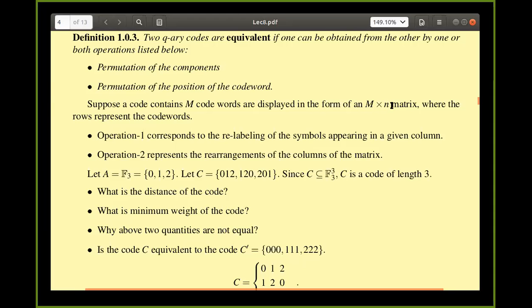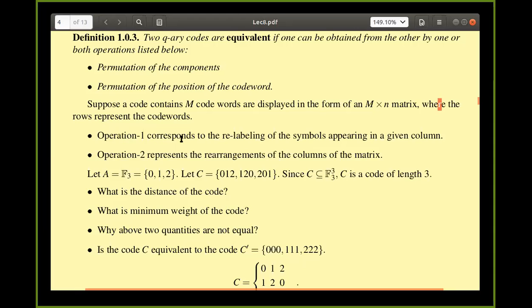So there are M code words, so M rows are there, right? So I can list all the things. It is not a generator matrix. It is general. I am not even concentrating on the vector space or something. It is general, not only linear codes. Any code can be expressed as a matrix. If it is a linear code, then I will do the row echelon form and all. Finally, only the linearly independent rows are at the top, and that is the generator matrix, right? The entire thing now is not a generator matrix, where the rows represent the code words.